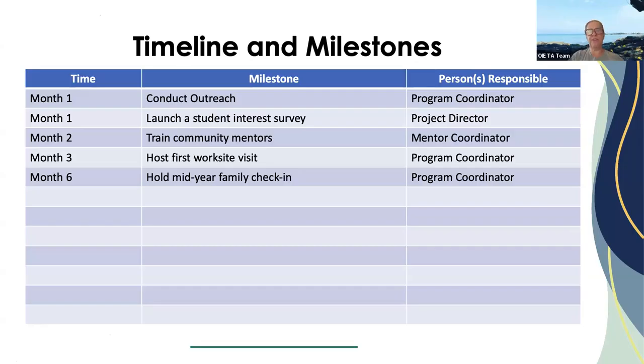Thanks, Vincent, for putting the goal there. So remember, the goal is that by the end of year 1, 80% of enrolled students will complete at least 2 hands-on work-based learning activities, job shadowing, community mapping, or mentorship, and create a personal learning plan as measured by student checklists. So in month 8, what would be a milestone we'd want to be achieving?